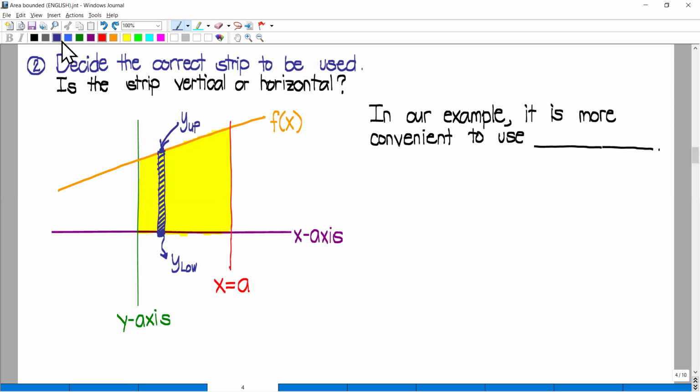So if you can still remember, now we have here the original position of our horizontal strip. And then let us move this strip farther downward. What we can see here is that the right end of the strip is always touching the red vertical line.